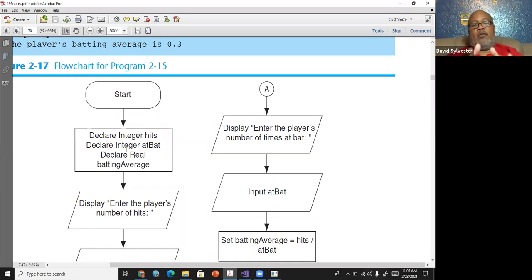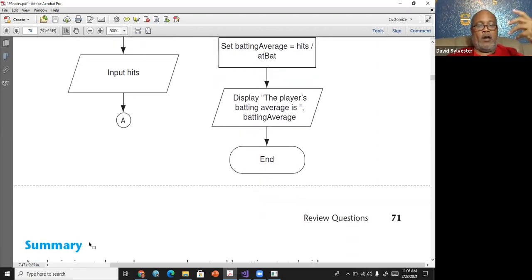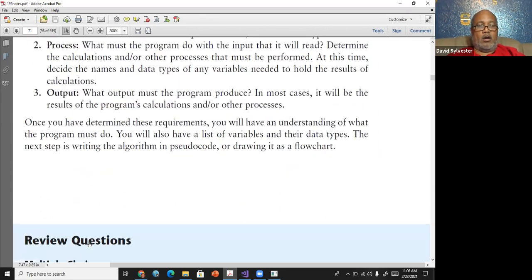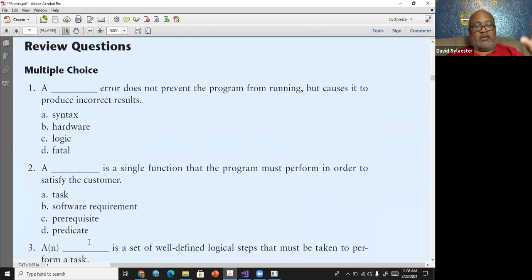So this is normally the process that you should follow every time you have a program to write. And so that you can go back and reference your notes as to, okay, let me see what variable names I said I was going to be using. Let me see the logic that I was using at this point. So you have this substantiating documentation that you can use to do your program. All right. So that's the chapter.